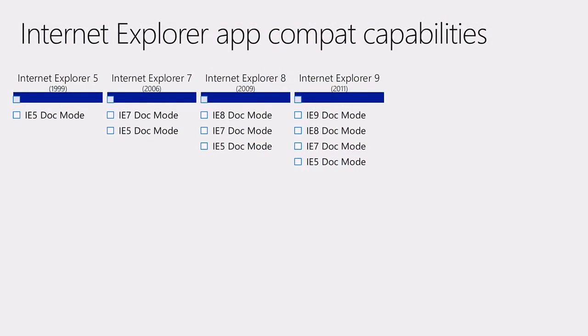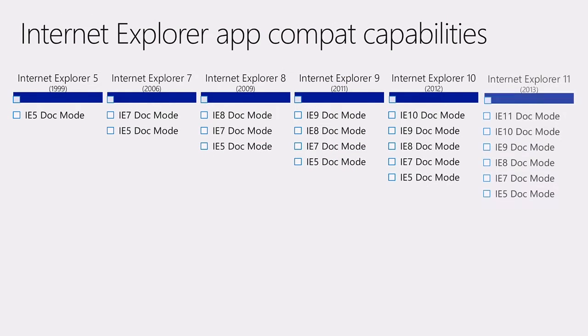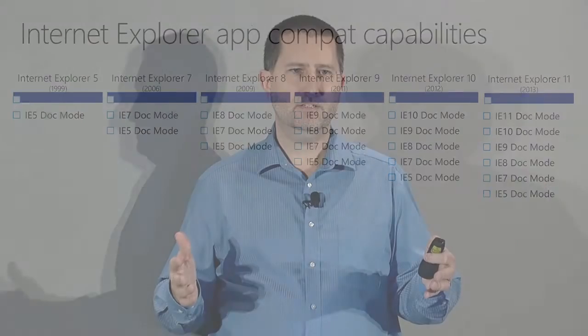Of course, IE9 included all of those doc modes, plus IE9 doc mode, and IE10 included IE10 doc mode. And in IE11, we had these document modes when we first shipped Internet Explorer 11. But some customers came to us and said, you know what? It's great that you have all these document modes, but my web application still doesn't work. You've turned off some things over the years that we needed in IE5 or IE7 or IE8, and those no longer work in IE11. So we worked with 90 customers in a pilot.